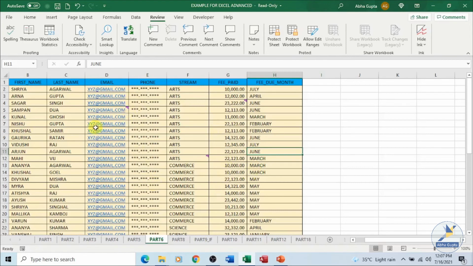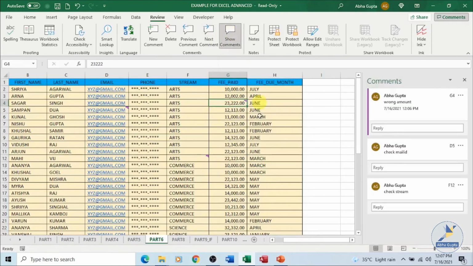So we have seen how we can insert comments to the data which we have on our Excel sheet. We can move on to the previous comment or next comment, or we can also delete a comment. Plus we have the feature of seeing all the comments which are added to our worksheet over here. Here you get a list of all the comments.